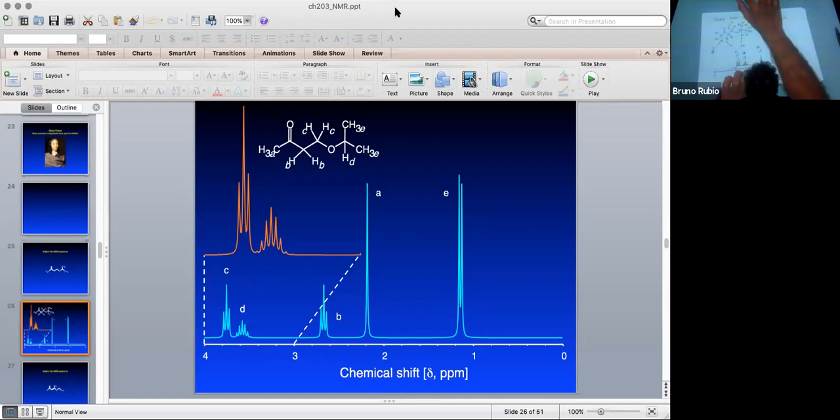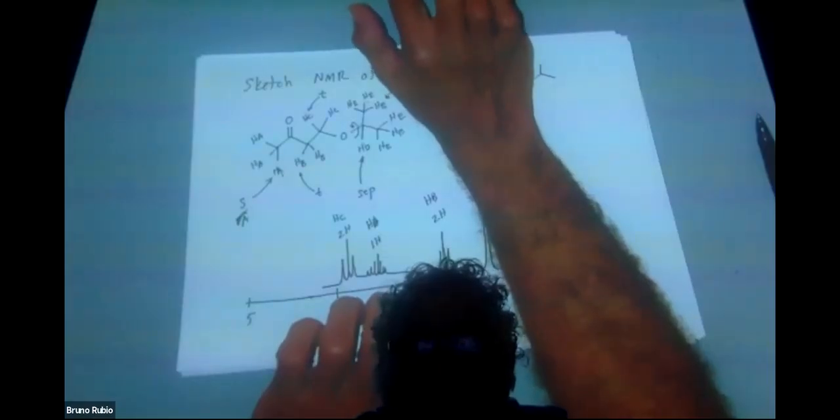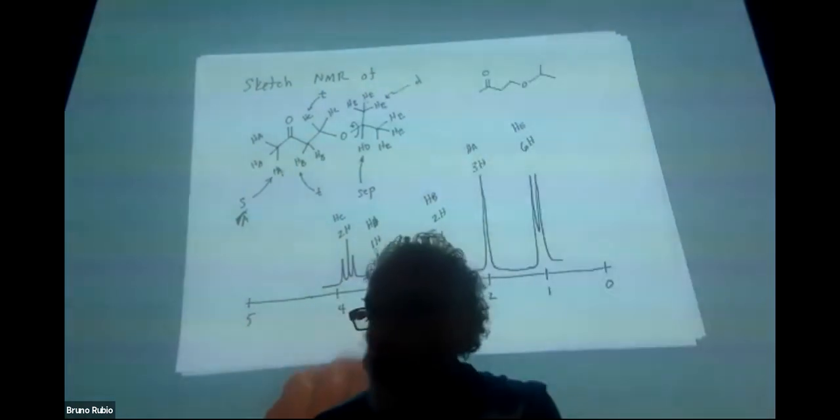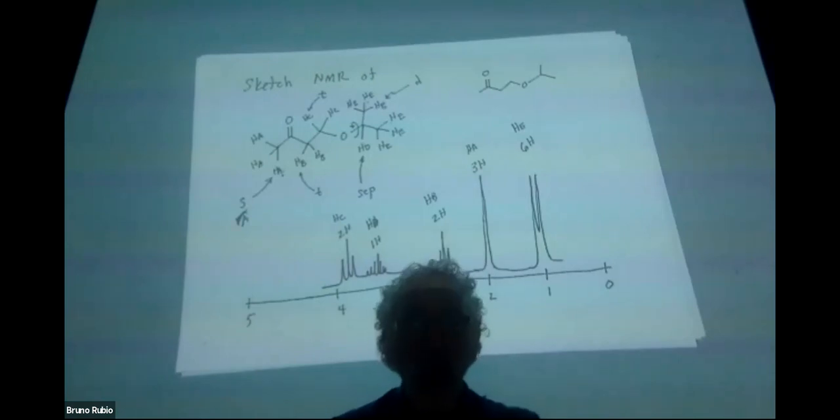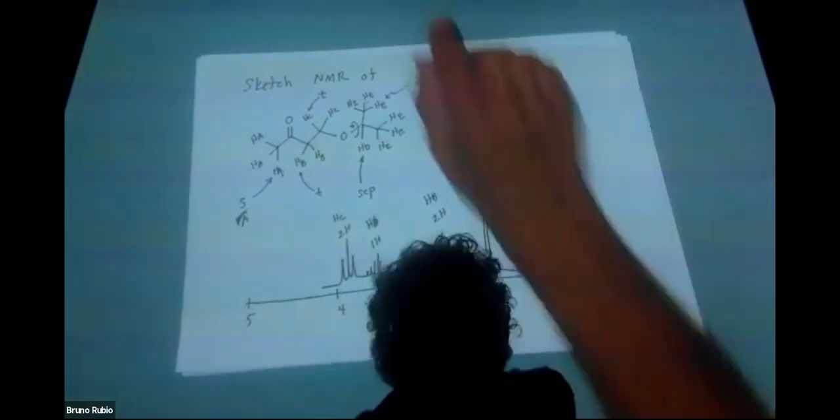Okay, so more of this tomorrow, where we have that shortened lecture and then we have the quiz. So we'll continue talking about sketching NMR spectra tomorrow, and we'll see how to use the table for the